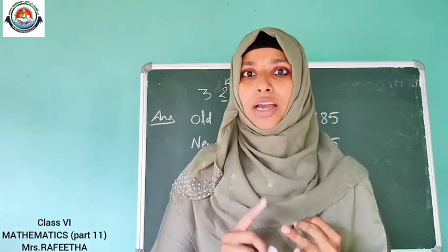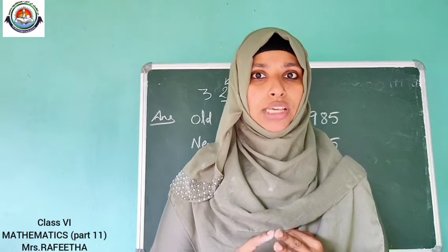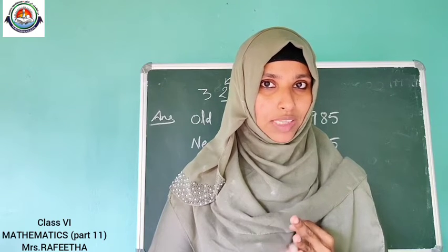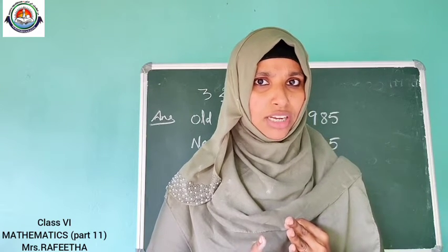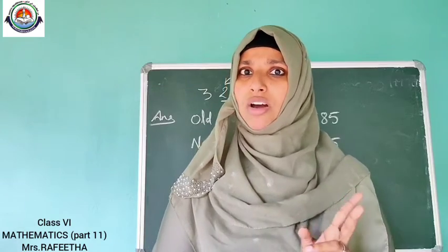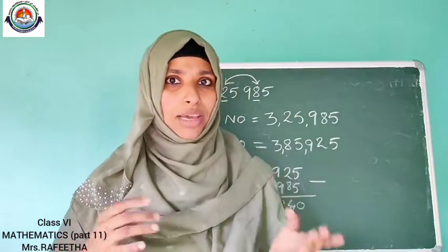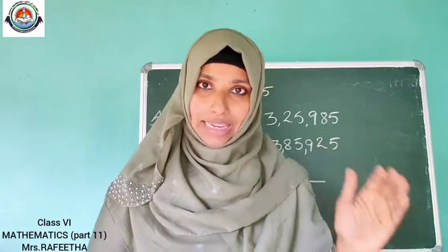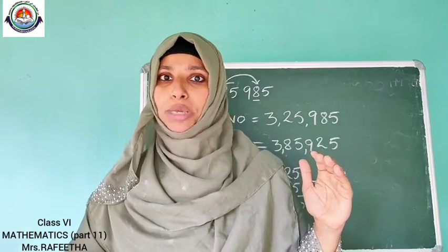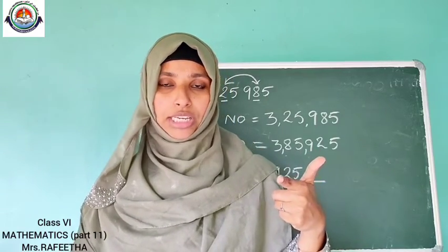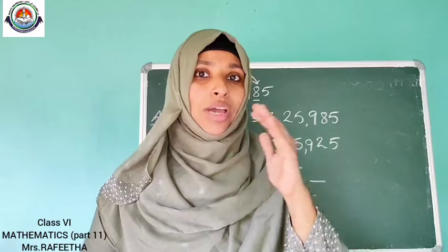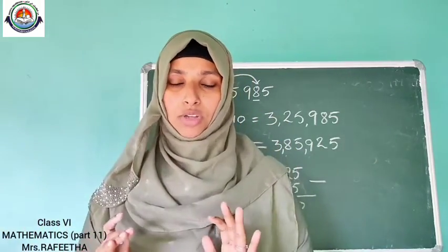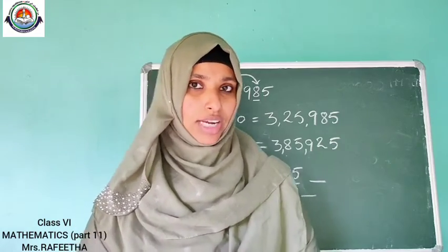Closure property, commutative, associative. Do these three properties satisfy, that is, are they applicable in the case of subtraction? We studied it, yeah. No, it is not. Why? Because if A and B are whole numbers, A minus B will not be a whole number in all cases. Like that, A minus B is not equal to B minus A in the case of commutative. Next, in the case of associative, A minus B minus C is not equal to A minus, bracket, B minus C. Okay, so it is not satisfied.